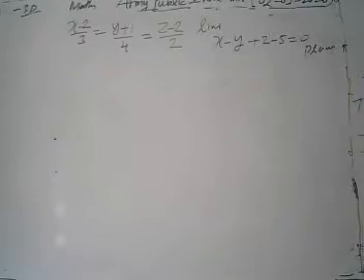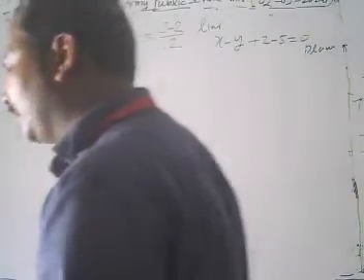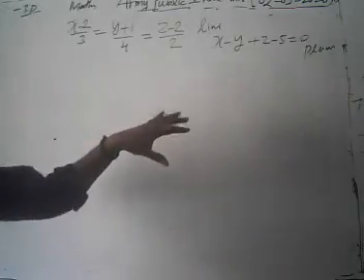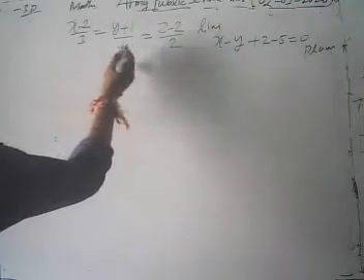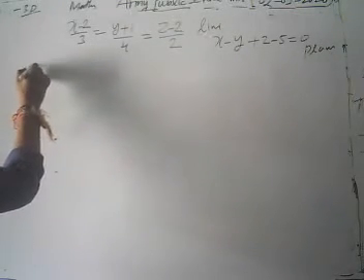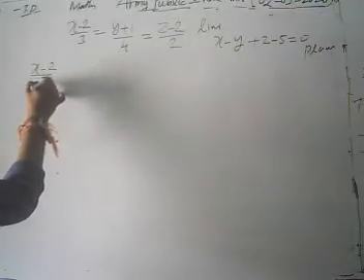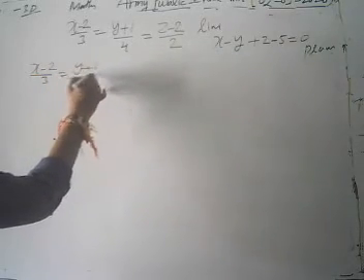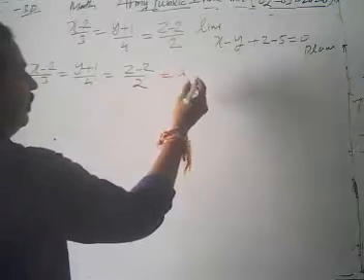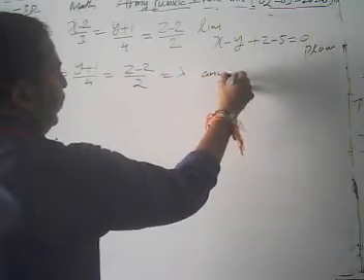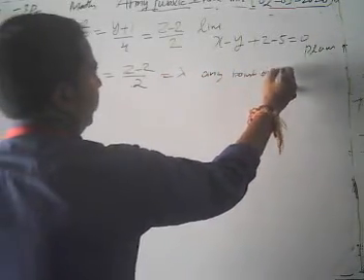Then look, how can you find out the intersection point of the line and the plane? It's very simple. Again we have a line. First of all, we are going to find any point on the line. This is our equation of line. Let (x minus 2) by 3 is equal to (y plus 1) by 4 is equal to (z minus 2) by 2 take it as lambda.